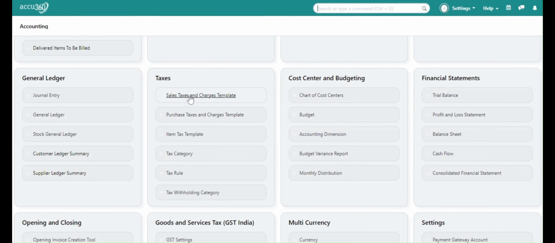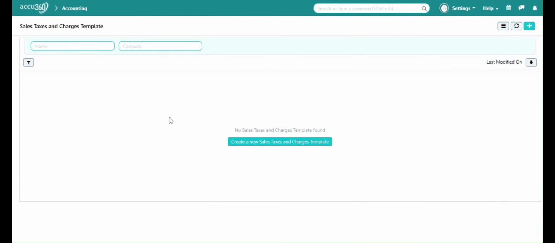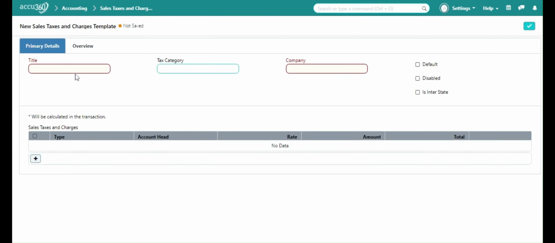Okay, so here we are in India, so we will just showcase how we configure the GST. Here we will go and create. We have to define the tax title, that is basically a name. I am just configuring the 18% CSGST. So here I am giving 18% CSGST. Okay, so the company,